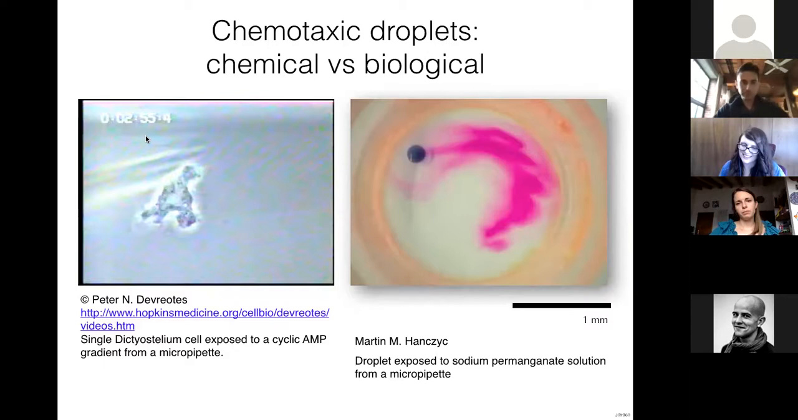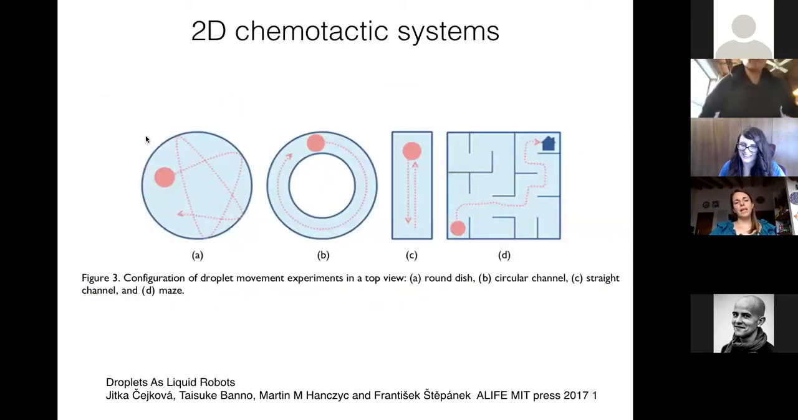There are many kinds of 2D systems in which this kind of droplets can move. And as Itka said in her paper, these droplets could be thought of as liquid robots. At the end, like robots, they are created from something that is non-living, but at the same time, they show some lifelike behaviors that we see in nature and in our everyday life,